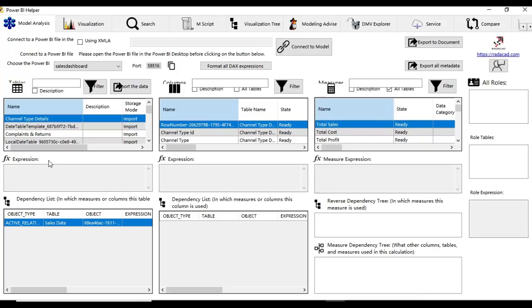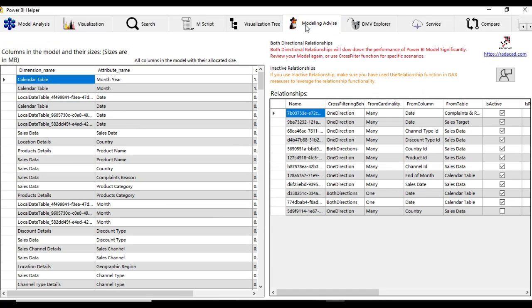So let us see how to reduce the size. Let's see the steps to reduce the size. Here there is an option called Modeling Advice. When you open this Modeling Advice,